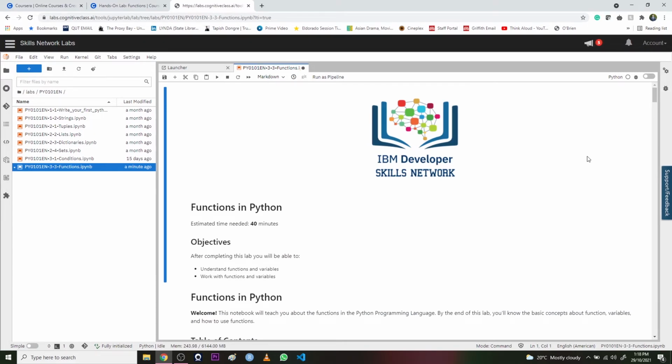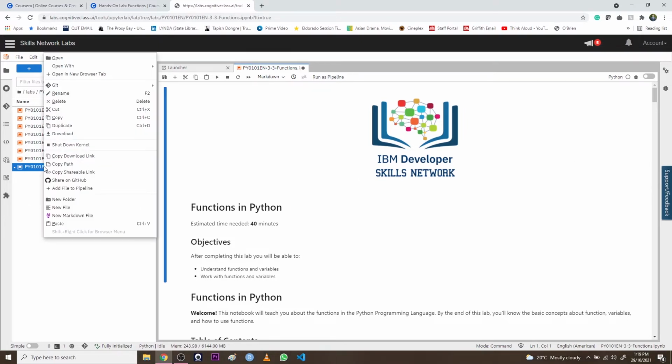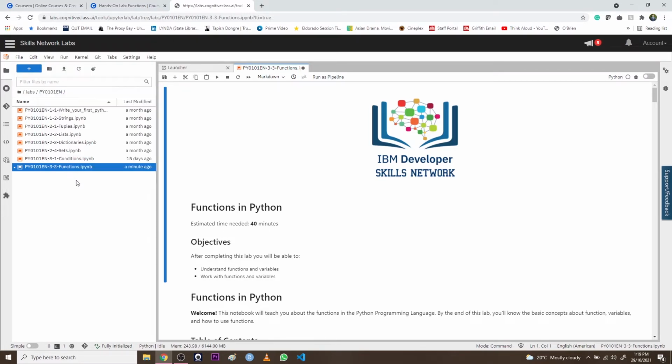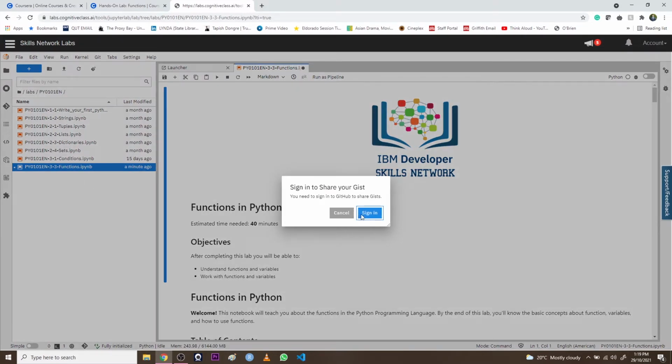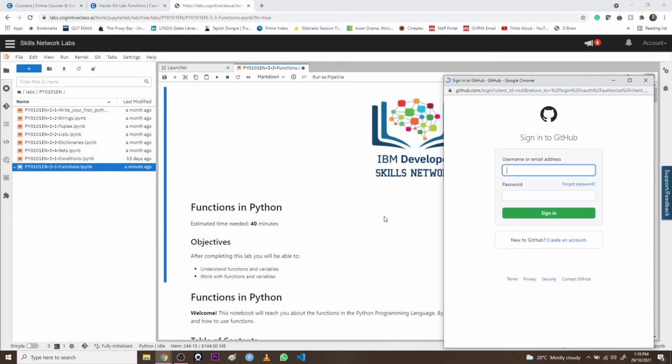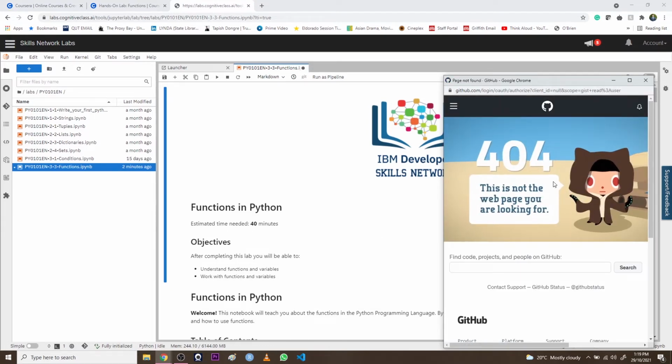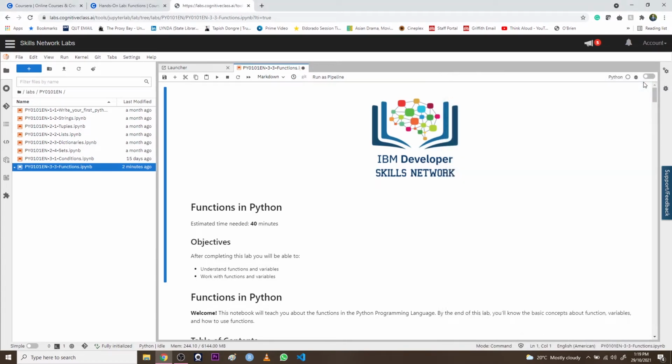But the main thing people struggle with here is how to share this document. The instructions say to right click and then search for an option called Share on GitHub. If you click share, you of course have to sign in, and after signing in people also get trouble. They get an error message that the page is not found or the link is broken. Some users report that their link is working, but for me also, it is not working.